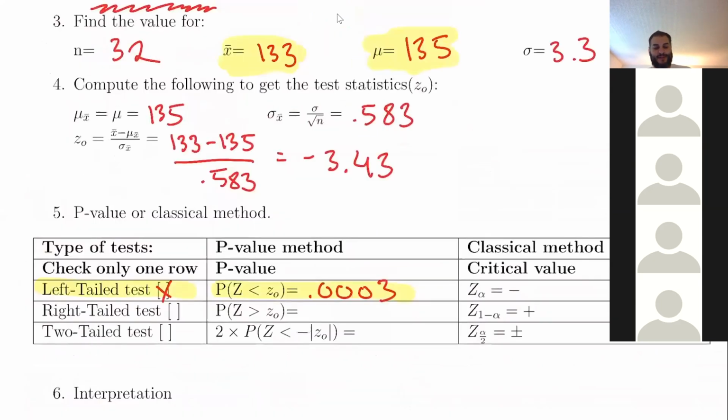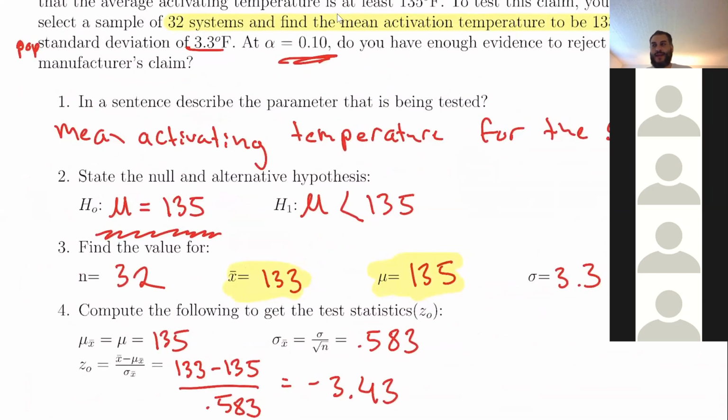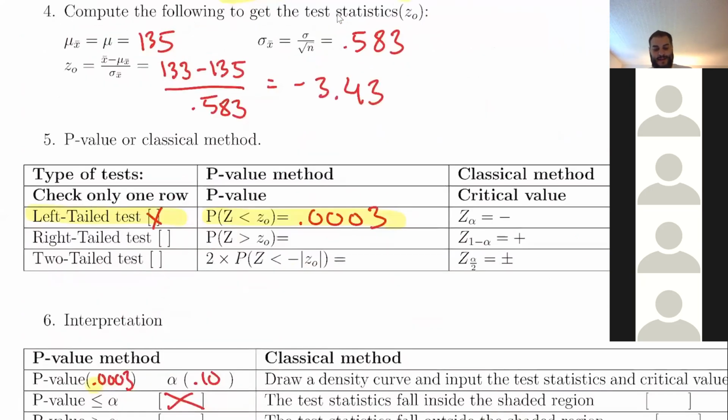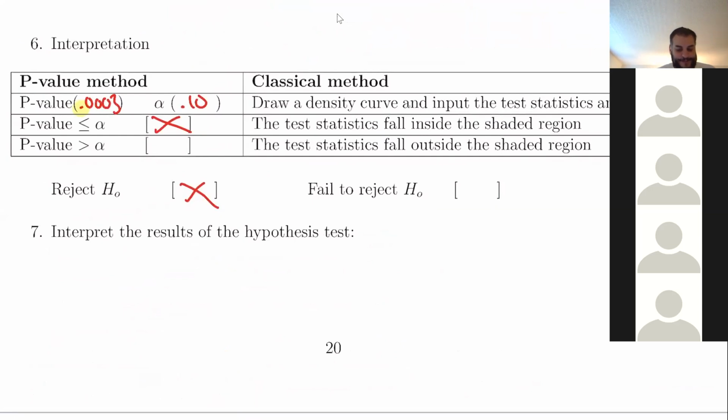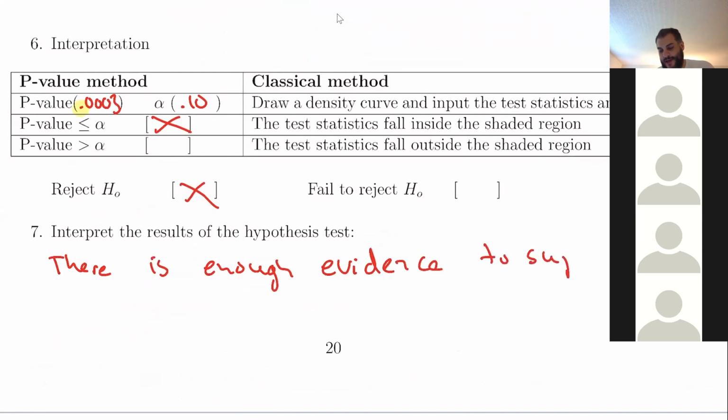The null hypothesis was stating that the mean temperature that activates the sprinkler system is 135 or higher. So we're actually rejecting this, and we're concluding the alternate hypothesis. So we're going to say there is enough evidence to support the claim that